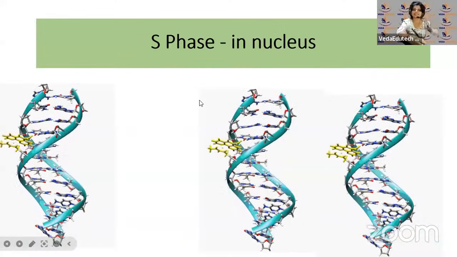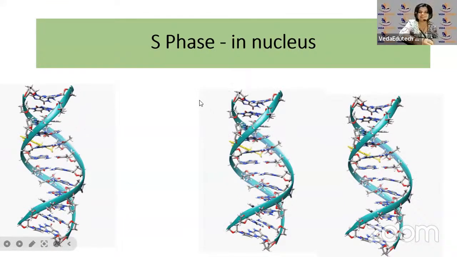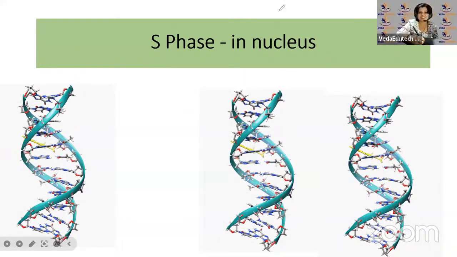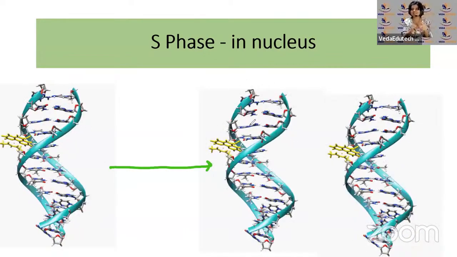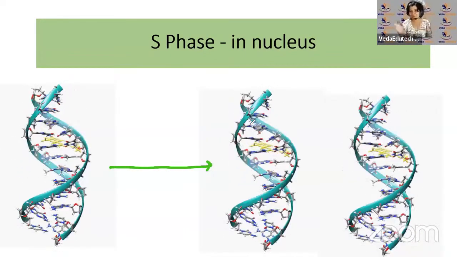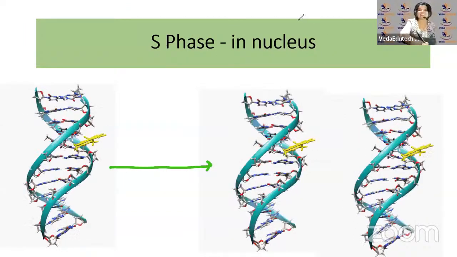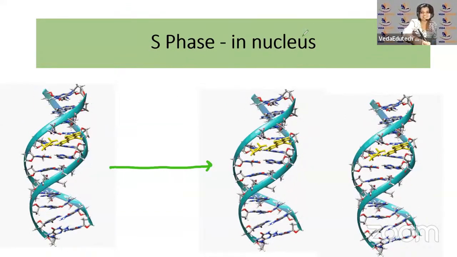Now, S phase in the nucleus: from one thread of DNA, you form two threads, right? But they'll be part of the same chromosome. Number of chromosomes does not increase. Okay. Next thing that happens is